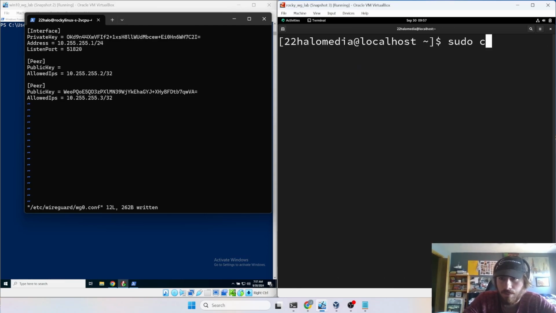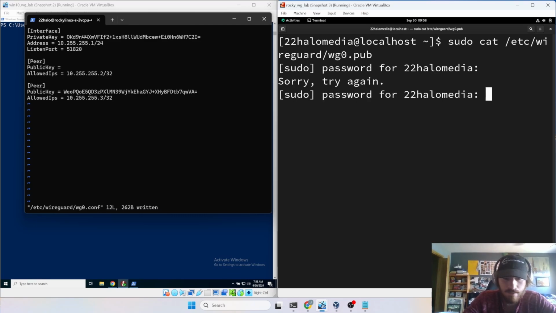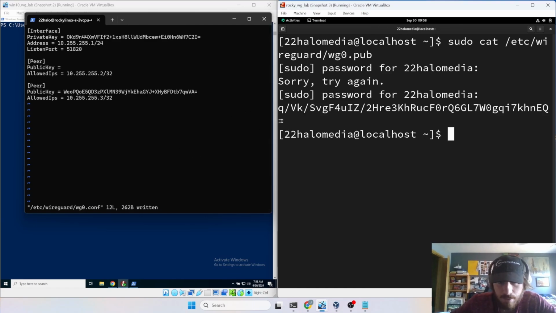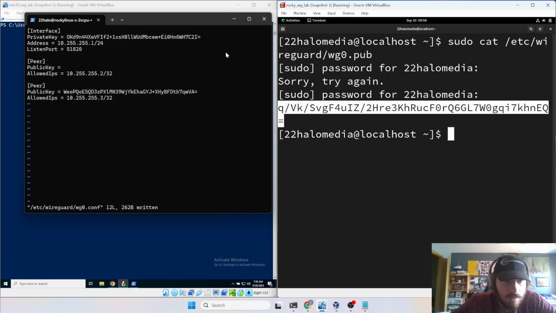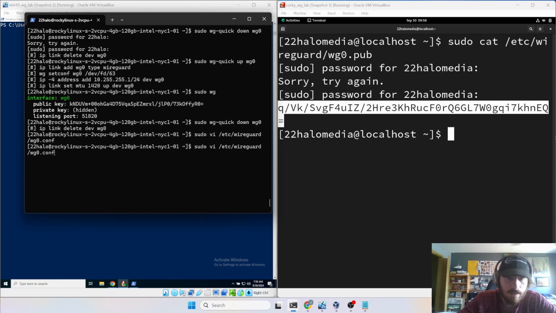Linux host. So we'll do sudo cat /etc/wireguard/wg0.pub. Got to put in my password. I typed it in wrong. All right. Okay, and we'll copy the public key for our Linux host and paste it. And at this point, we should be all good to go. So I'll write and quit, and I'll bring the interface up,